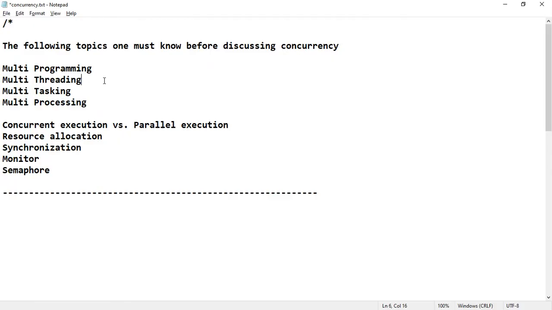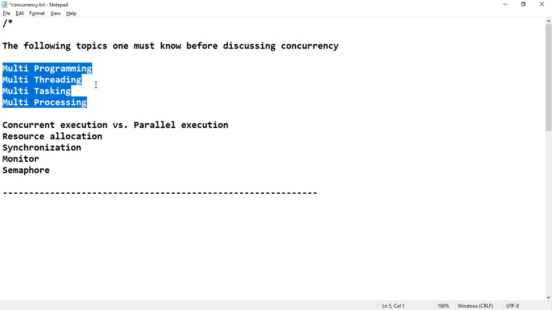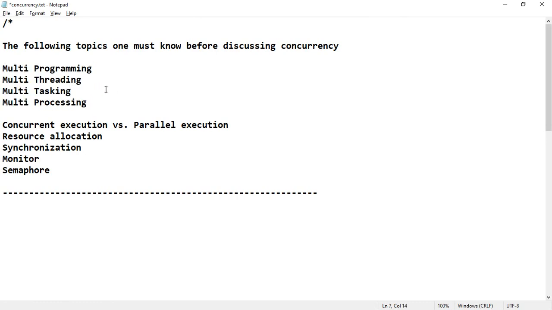So in this lecture we have seen the main concepts that need to be understood: multi-programming, multi-threading, multitasking and multiprocessing. Multi-programming means loading multiple programs in main memory, so that the CPU will switch back and forth between the programs for execution. This situation is said to be multi-programming. In multi-programming, the task of switching the programs back and forth by the CPU is considered heavyweight. For that reason this task is said to be heavyweight.